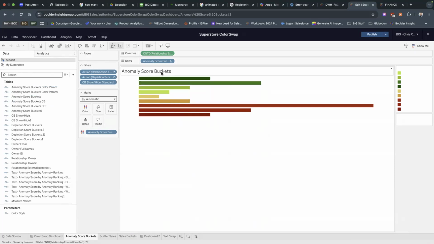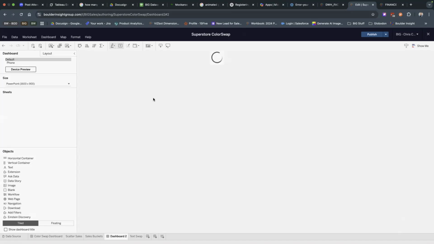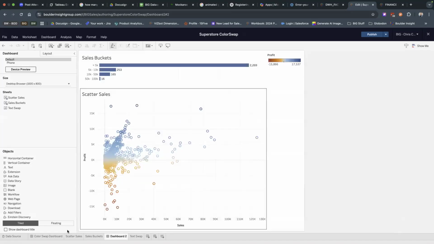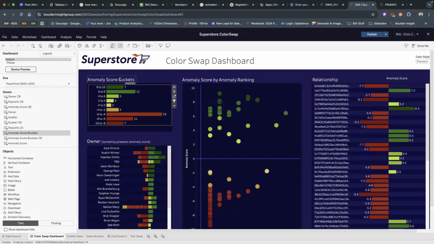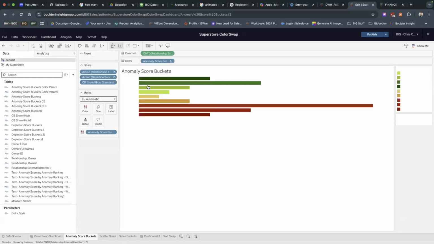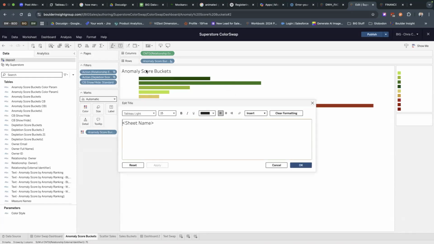The other thing, if you're trying to get the whole screen reader to work, one of the things we found is that you can't put text on the dashboard. The screen reader doesn't read that. But what it does read is the title of your sheets. So what we ended up doing was going into the title of the sheet, and we would have the sheet name, and then we would come up with calculations that would give me the top 3 values or the bottom 3 values. It would tell you something about the graph, and then you would just add those in here.